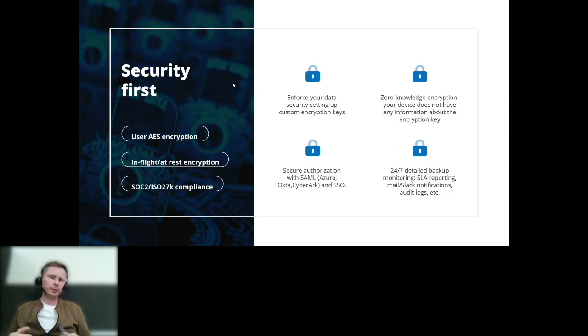And basically, we also help customers to become compliant with SOC 2 and or ISO 27001 by providing them the guarantee that their data are well protected. They have full access to the audit logs, so they have an access to the entire history of what was happening inside GitProtect system. We also provide some SLA reports, and obviously this is quite obvious from our perspective, but